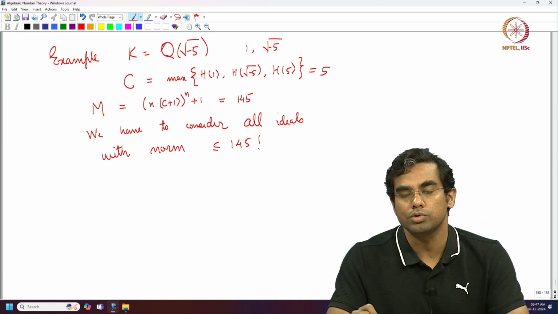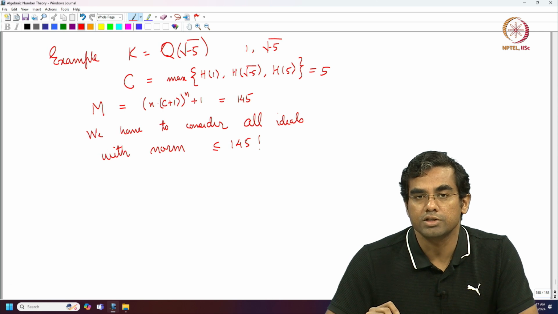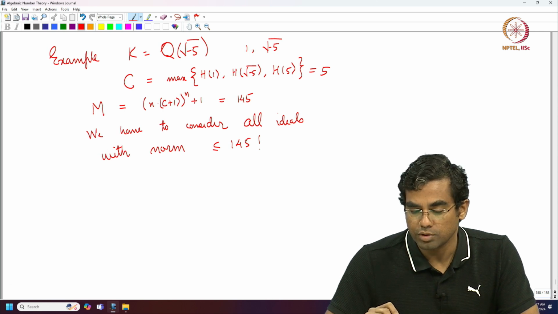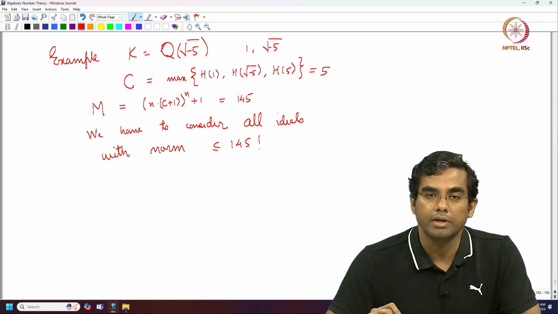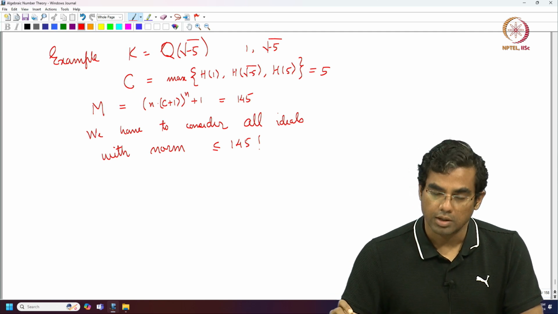This is such a huge number even for this quadratic field with a relatively small discriminant. So, this proof is completely impractical for any numerical computations,